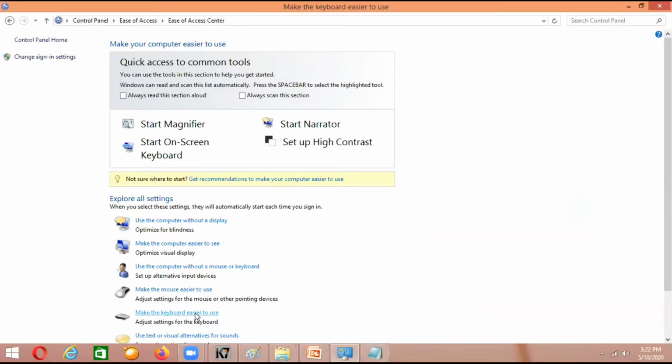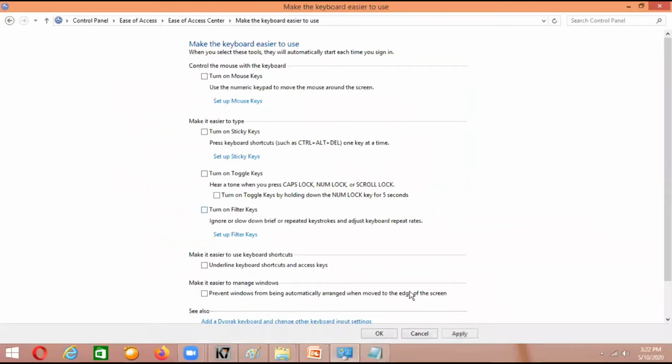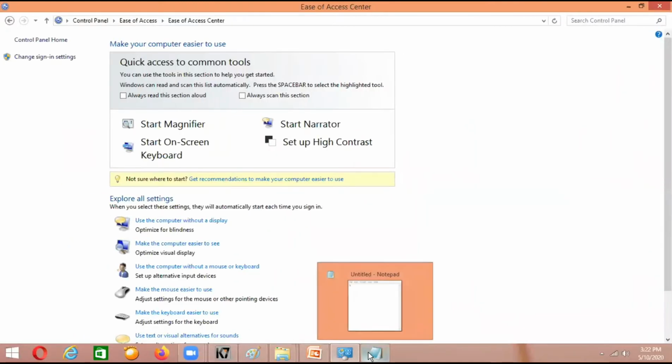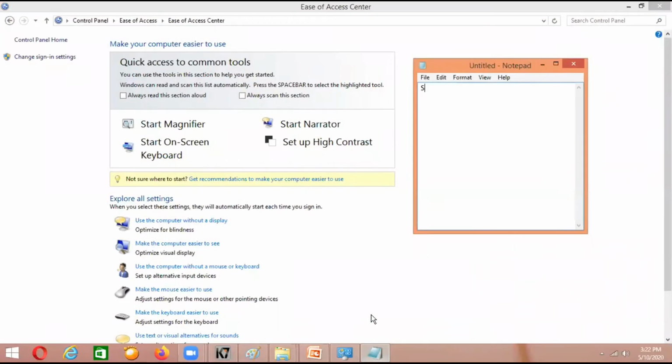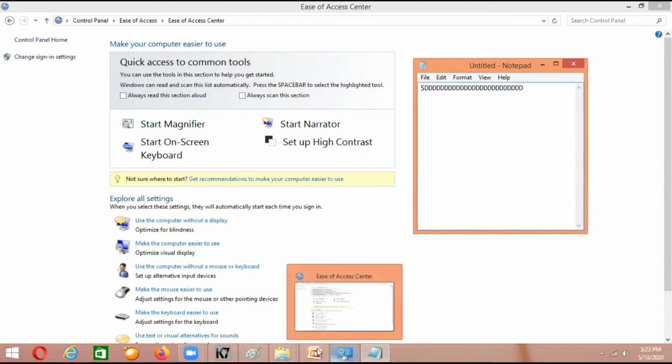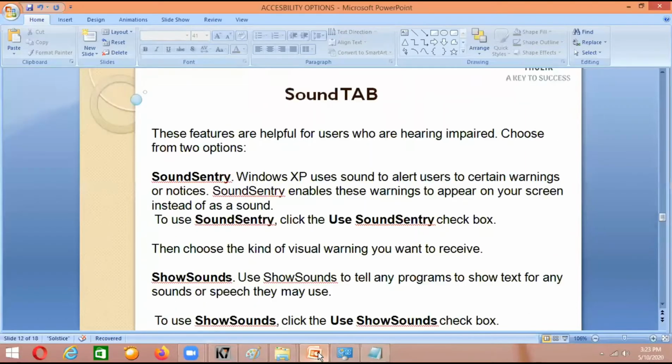Same thing, I want to show it by disabling it. I disabled the filter key, I clicked on apply, I clicked on OK. Again, I'm opening the notepad. Look, I keep on pressing the D. It is repeating, right? That's the difference now. Okay, so the next tab is after the